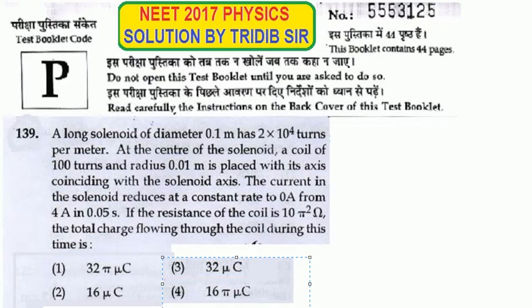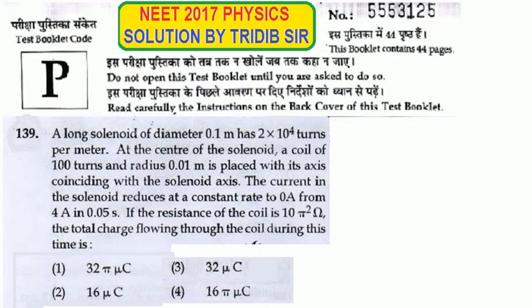What is said? A long solenoid whose diameter is given and having a particular turns per meter. At the center of the solenoid, a coil of this many turns and radius is placed with its axis coinciding with the axis of the solenoid, and the current in the solenoid reduces at a constant rate of this much. If the resistance of the coil is 10 pi square ohm, then find the total charge flowing through the coil during this time. Actually, what is said in the numerical, so let us first